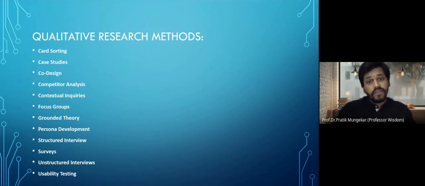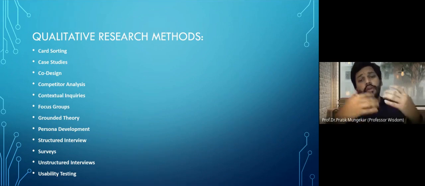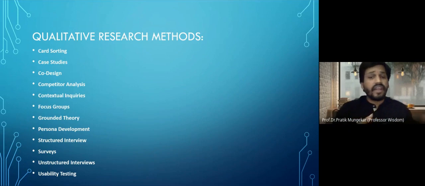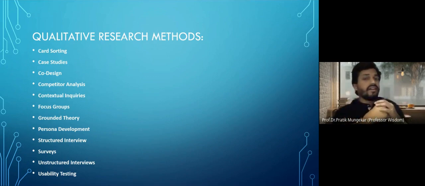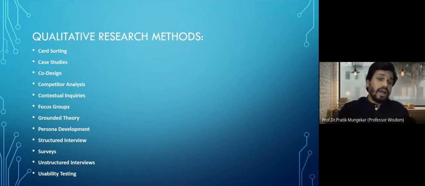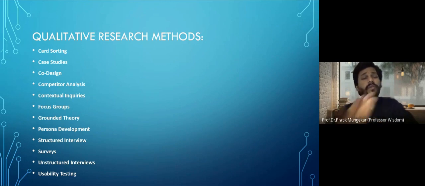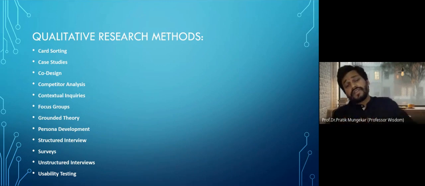research methods. So in this particular structured interview method, what you will all be doing is planning, scheduling, taking notes, analyzing. Suggested tools are Calendly and Dovetail, and participants required 6 to 12. Time is 30 to 90 minutes per interview, and preparation analysis 3+ hours. So there are so many techniques, there are so many methods, and the newly discovered methods in this qualitative